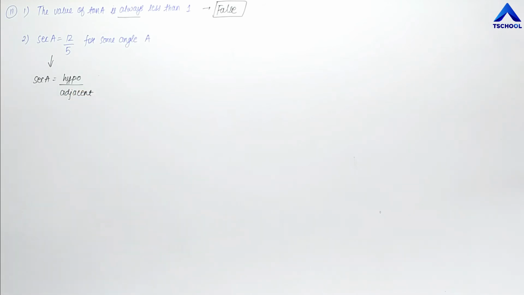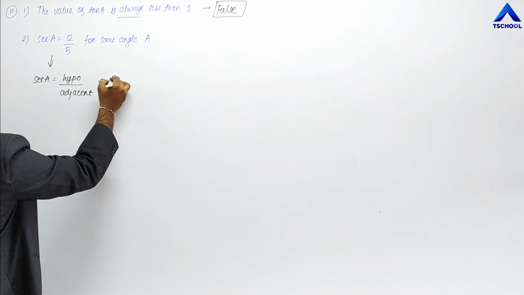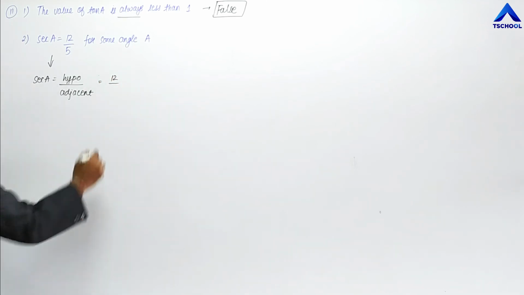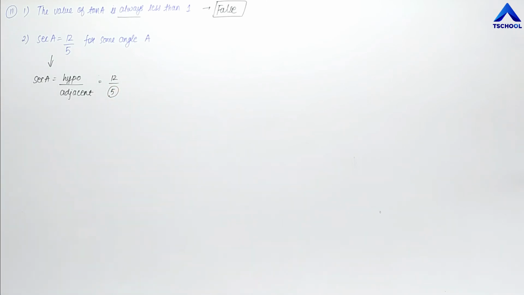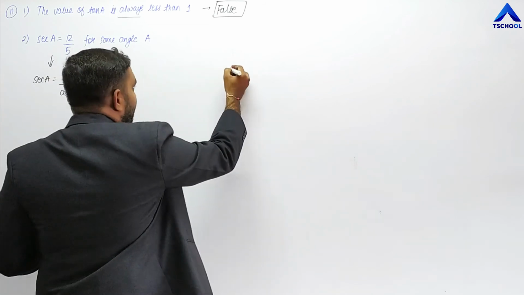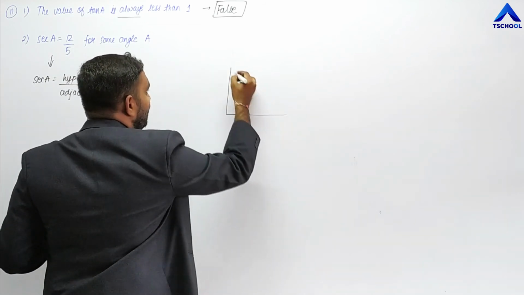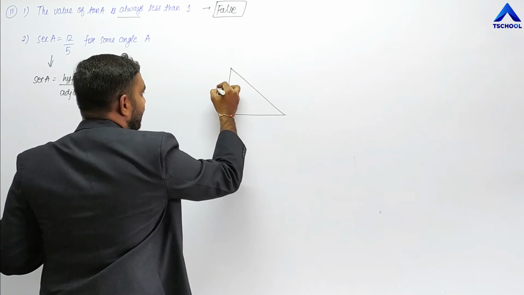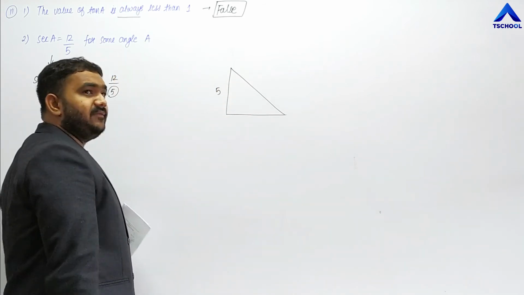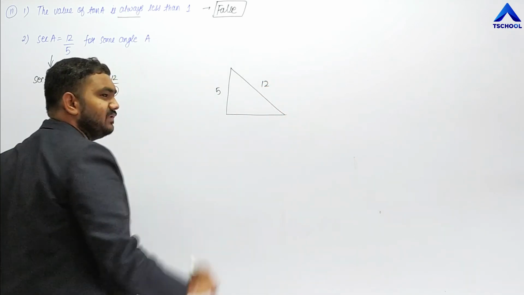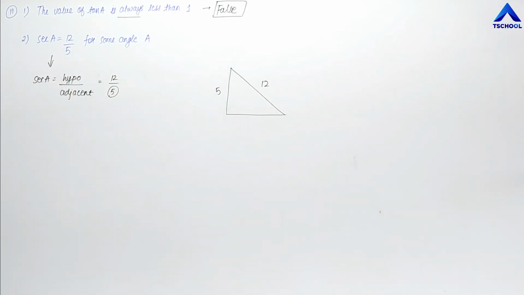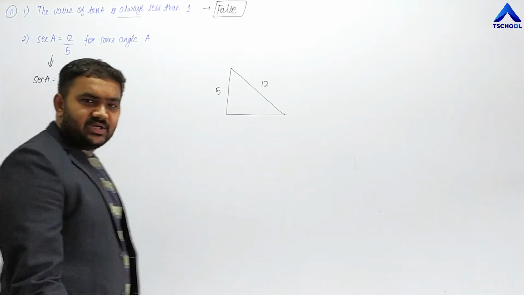Hypotenuse divided by the adjacent side, and hypotenuse can be 12. But if the hypotenuse is 12, then the side adjacent to the angle A cannot be 5, because we had the question here that if we have a triangle and I want to take out that this 12 is the hypotenuse, then this side is 5, then what will be this side? 144 minus 25, that is root 119, I think. That is not possible. Or is it possible?